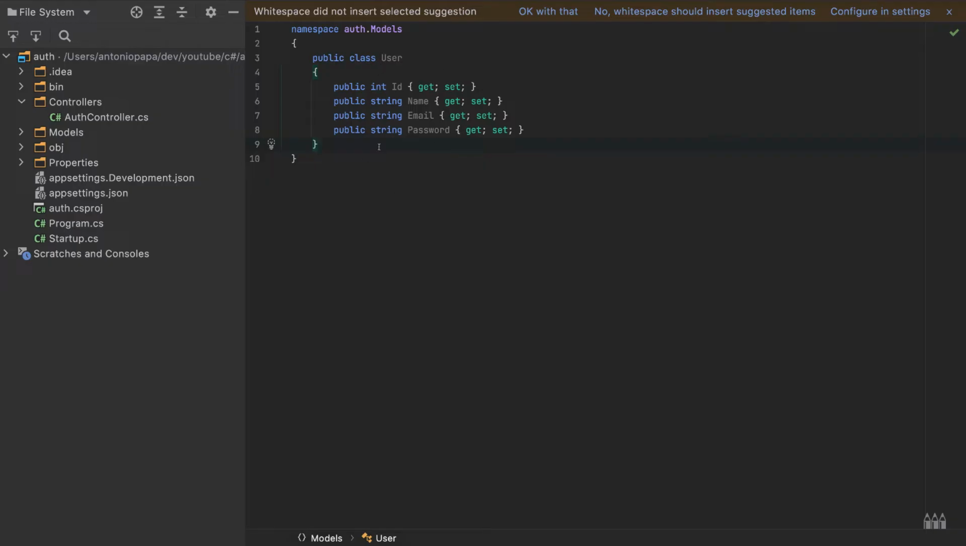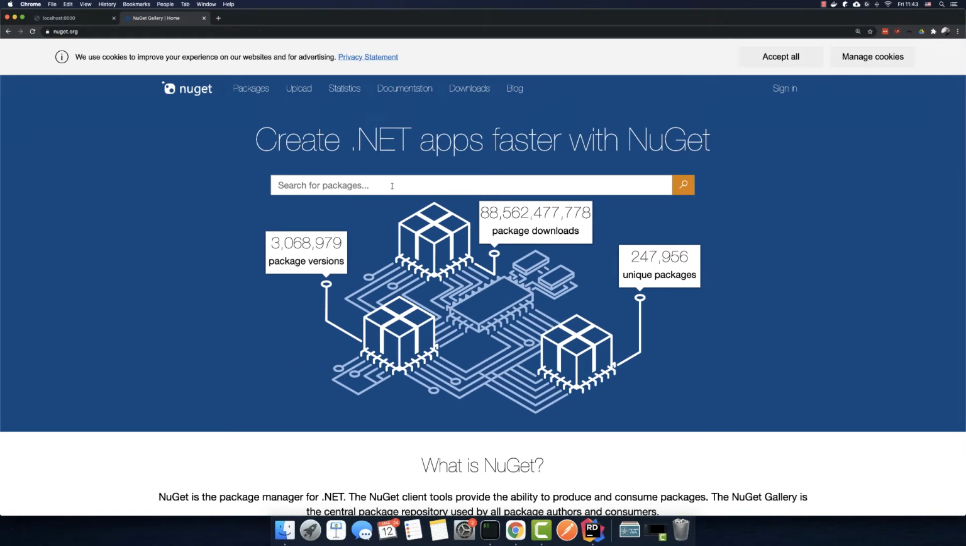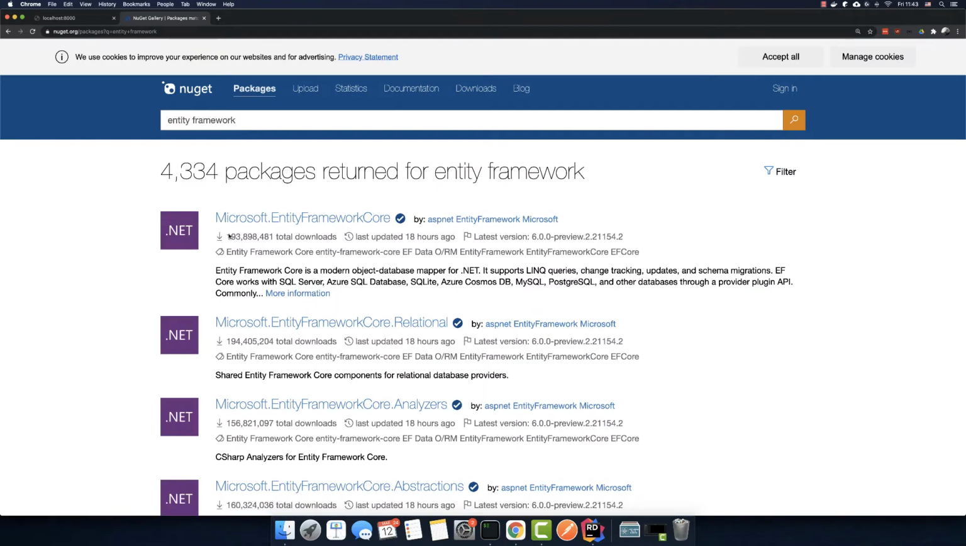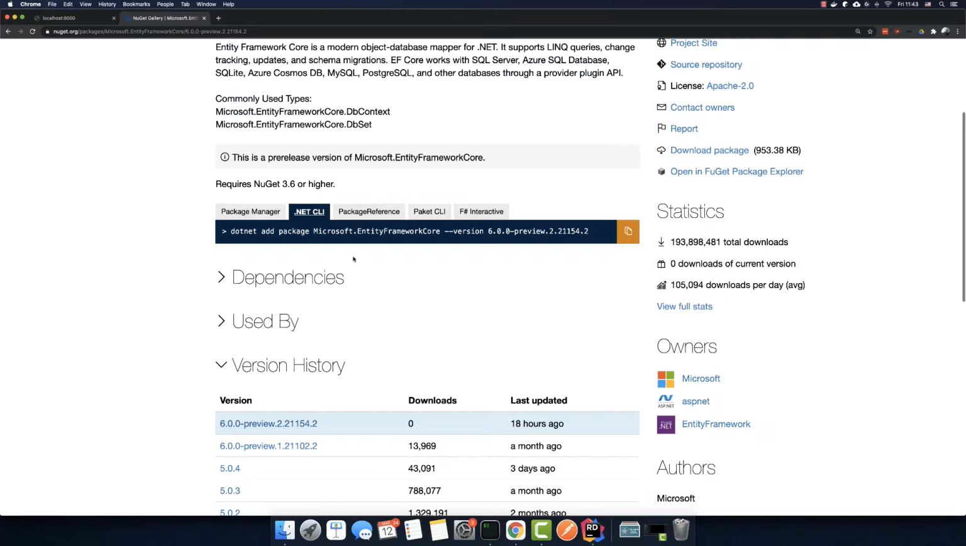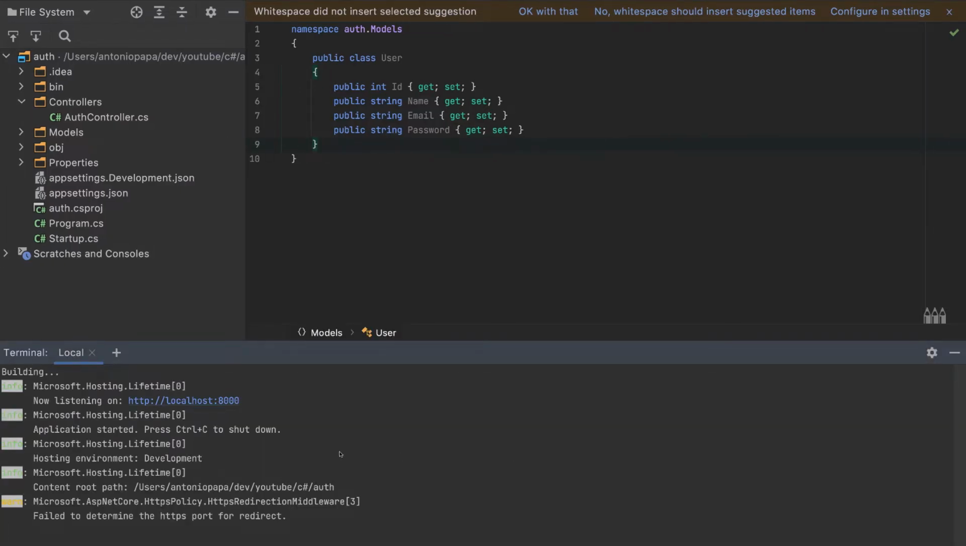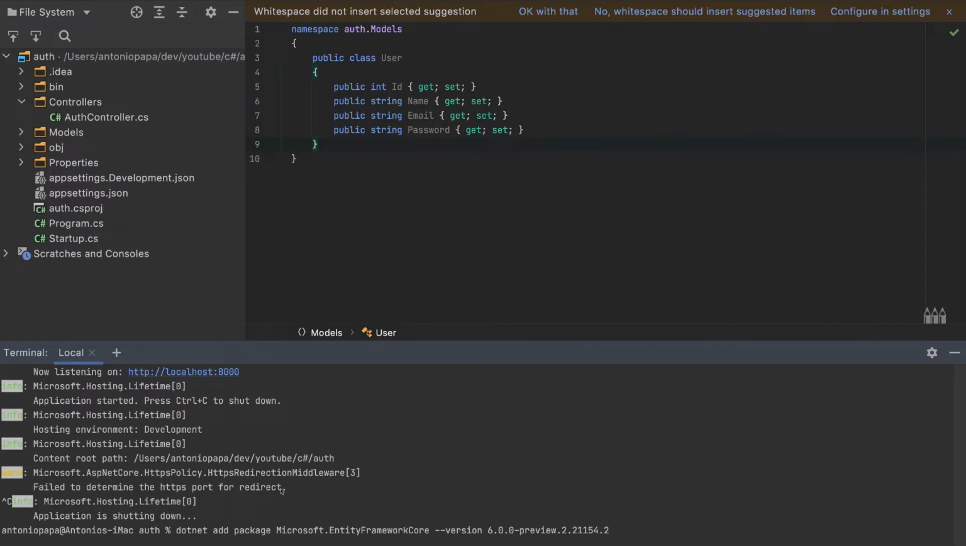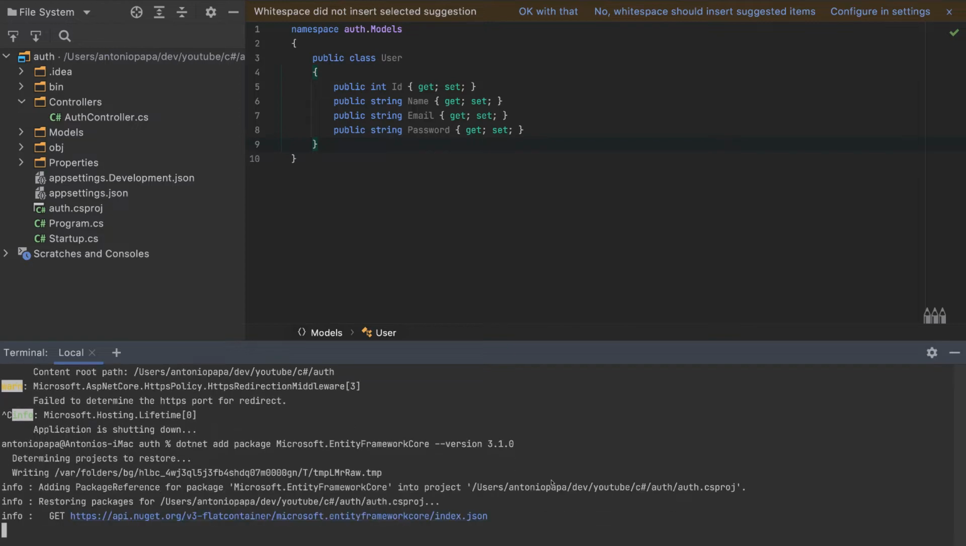Now to map this user with the database and to create migrations, we have to add some packages. So go to nuget.org, and here let's search for Entity Framework. And this is the package that we need. So we will use the .NET CLI here, and I will copy this, and I will open the terminal, close this, and run this command. Except I want to have the version 3.1.0,